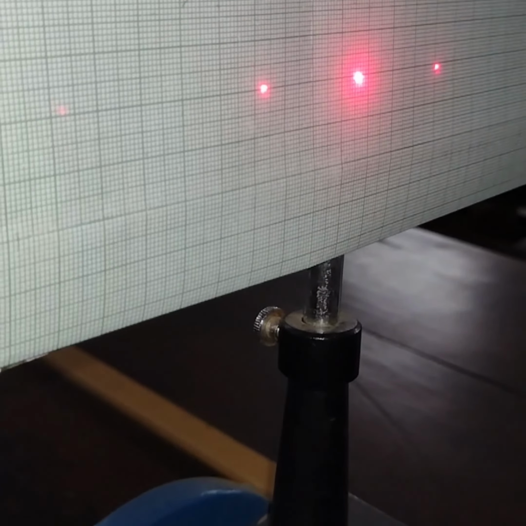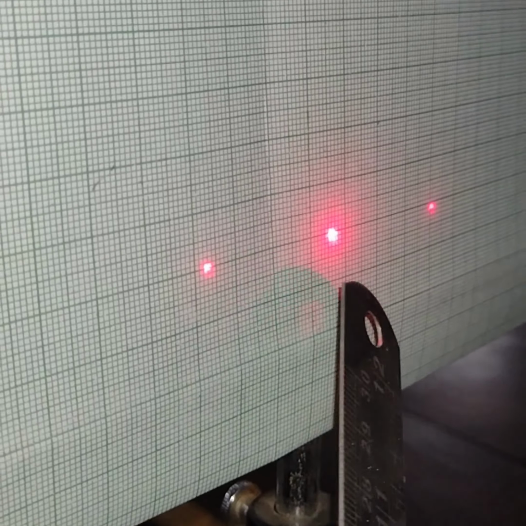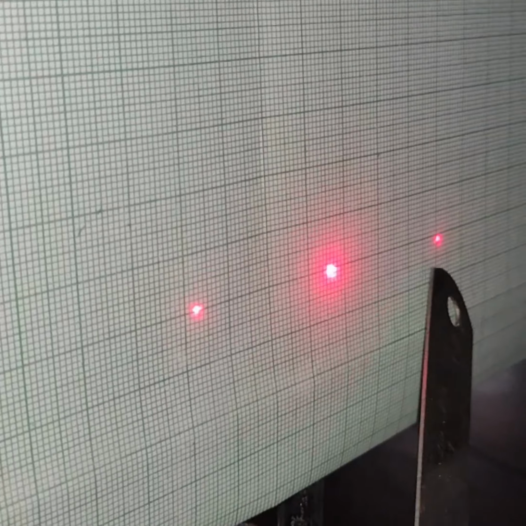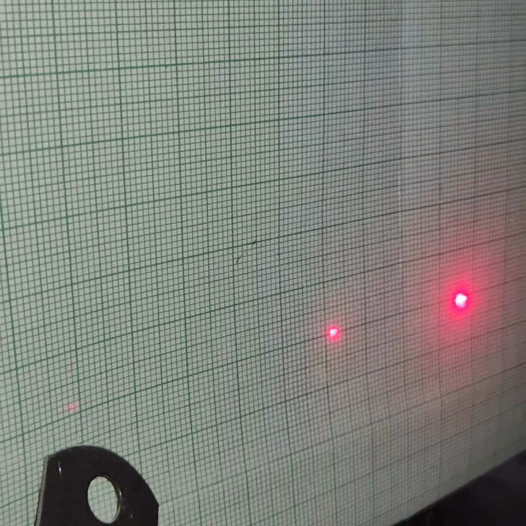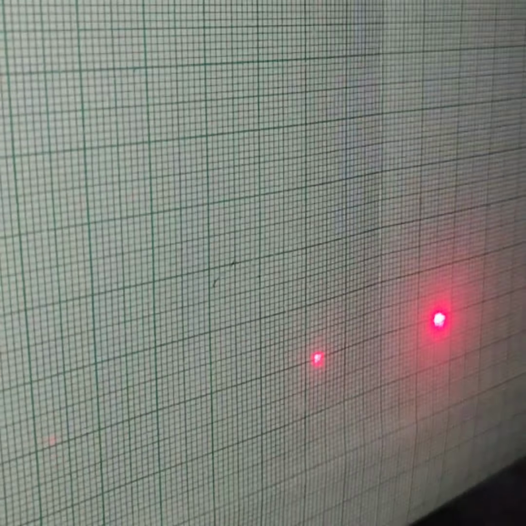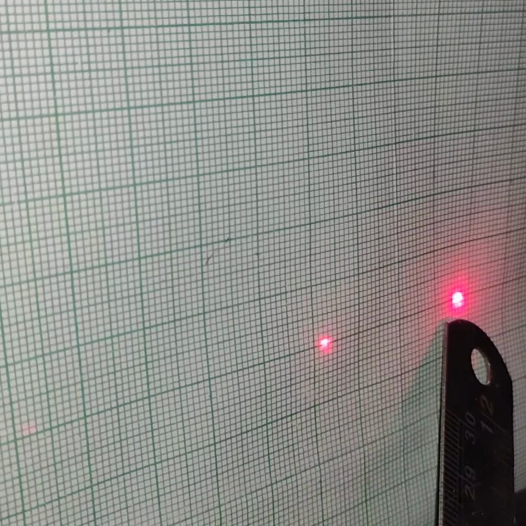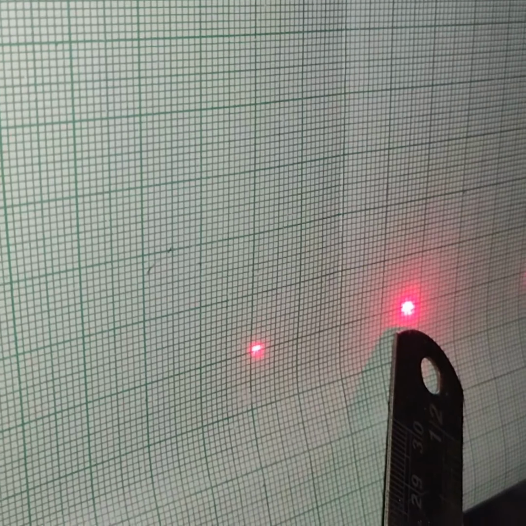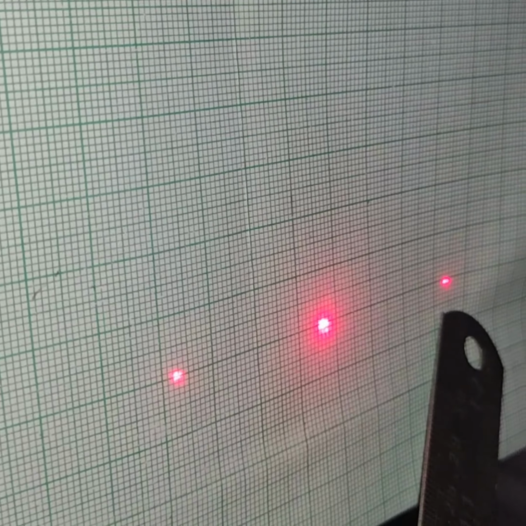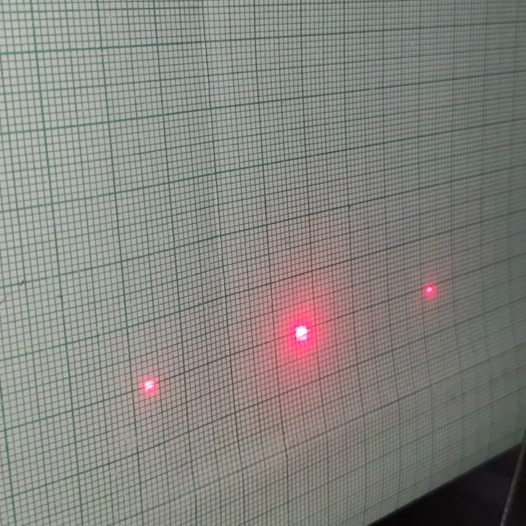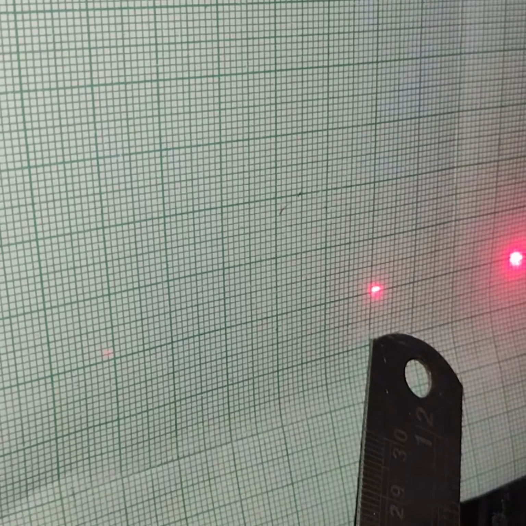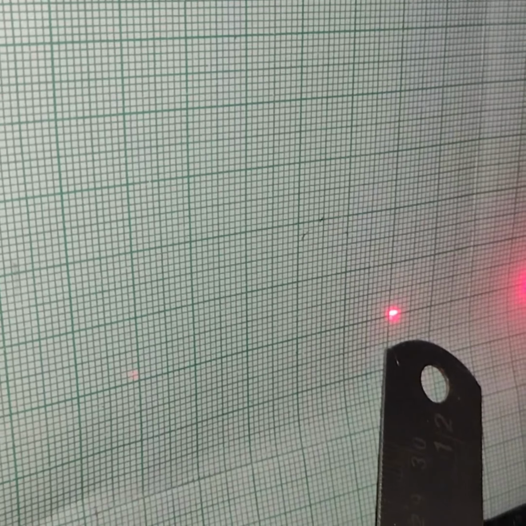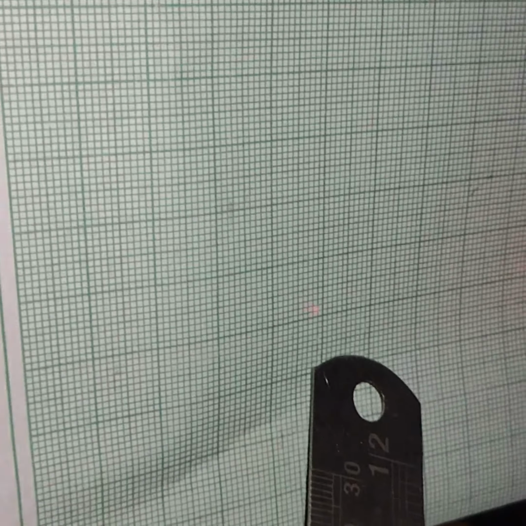So here you can see there is a central maxima followed by secondary maxima on either side of the central maxima. So when the distance is 10 centimeter, you have a central maxima followed by, on the right side, this spot corresponding to first order, n equals 1. This is of second order, that is n equals 2. Similarly, on the left side also you have first order spot, and then another one which is the second order.